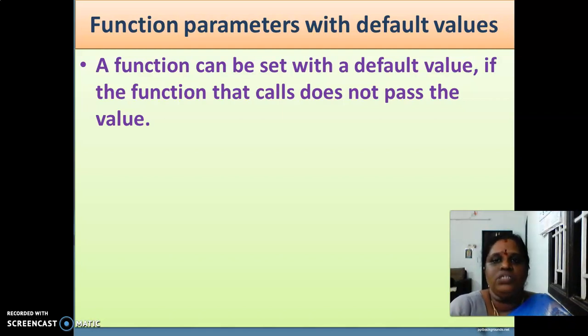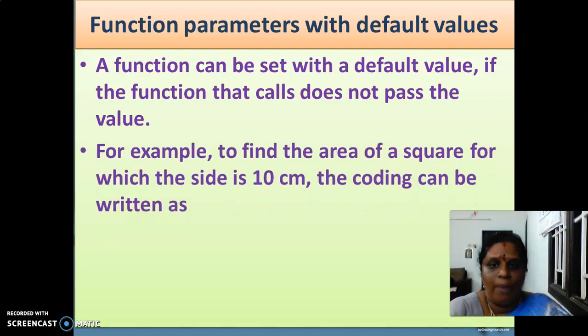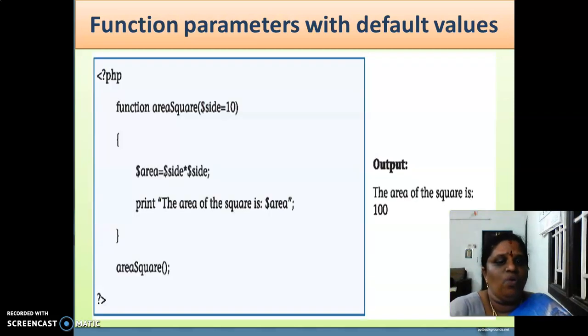If the parameter is not passed, the default value will be given for that function to be executed. For example, to find the area of a square for which the side is 10 centimeter, the coding can be written like this. This is called the default value.